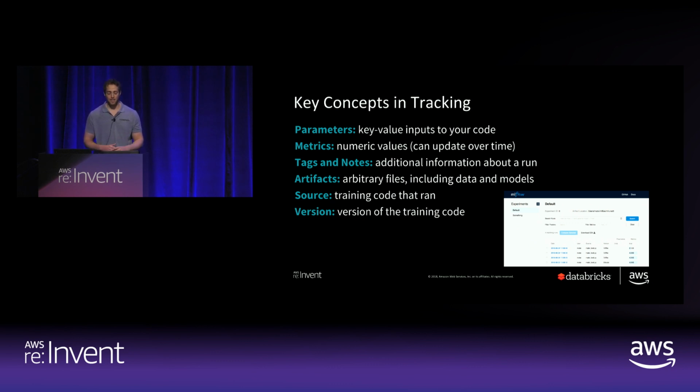Additionally, for lineage, the tracking service allows for the storage of source code, as well as the version of that code. And that can be as specific as the git commit associated with a project that produced a machine learning model. And then for anything that isn't explicitly supported as a first-class entity in the centralized tracking ecosystem in MLflow, we provide an API for specifying arbitrary tags and notes associated with a ML training